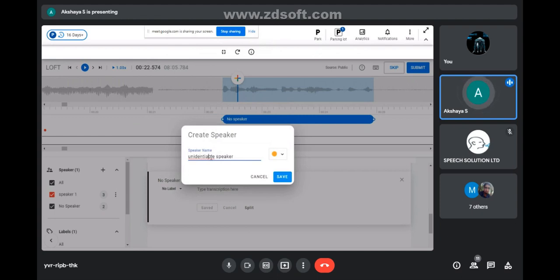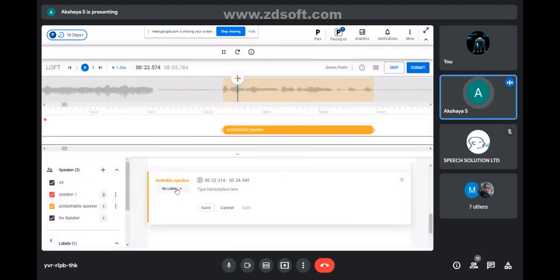Unidentifiable speaker, not unidentified speaker 1 or 2. For speakers only, speaker 1, 2, 3, 4 keeps going. For pre-recorded speakers also, for Alexa, for Google, pre-recorded speaker 1, 2, 3 keeps going. For unidentifiable speakers, you don't need to create unidentifiable speaker 1, unidentifiable speaker 2, because for a group of people, if you can't identify the speaker, you just create one unidentifiable speaker.